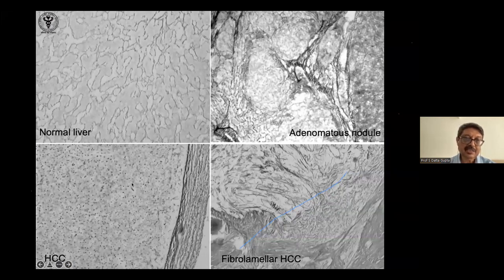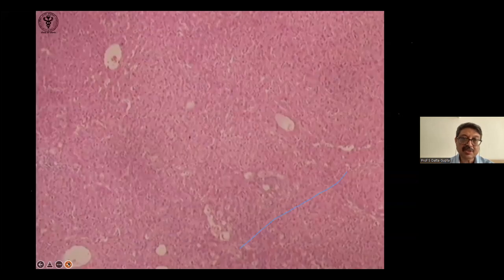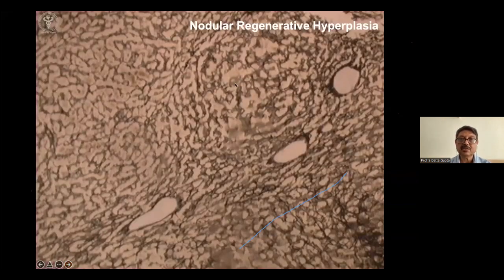In an HCC, generally the reticulin is lost. This is a poor man's way of telling that you're dealing with HCC. In an adenomatous nodule, there is a partial loss of reticulin. Because the sinusoids are not formed well in HCC, the reticulin gets lost. So this is a cirrhosis, biliary type of cirrhosis. Reticulin is helpful in other conditions. This is a case of portal hypertension, looks almost normal. But when you do a reticulin stain, you'll find this. This is a nodular regenerative hyperplasia. This nodule wouldn't have been seen clearly otherwise.